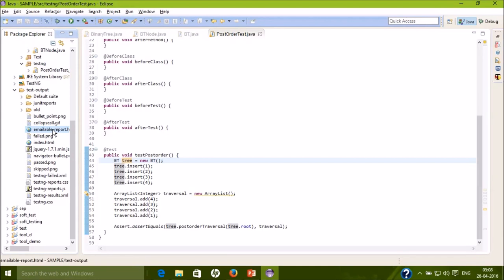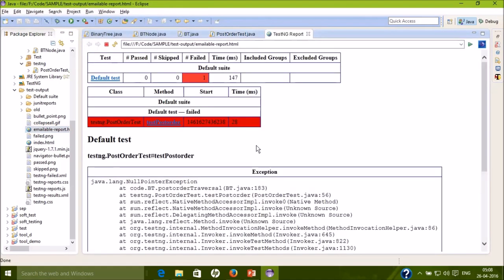This is the main file that we have to look at, and when you open it, it gives all the details about what the test cases were and what happened with all those test cases. So the time it took, at what time in milliseconds it started, what the test was, and the status of the test, that it failed.